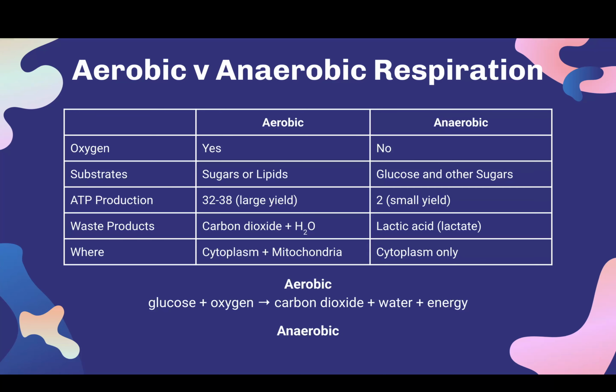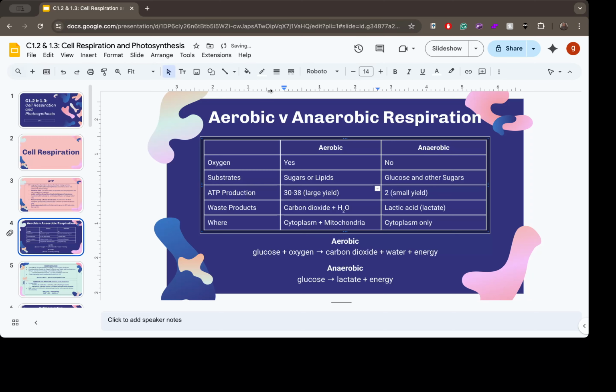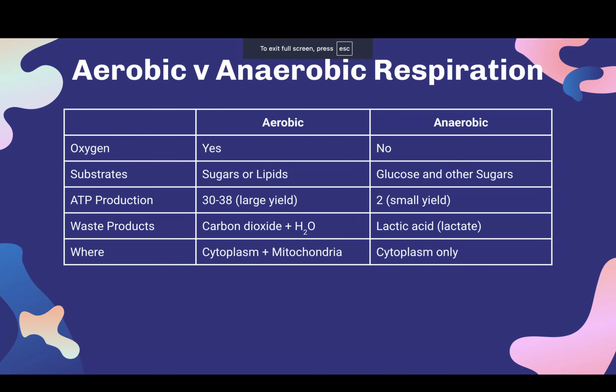No, if you learn that it's 30 to 32, that is not wrong. It's different in different textbooks, so I'm going to put 30 to 38 now. Different resources say different things, but the main point, whether you write 30 to 32 or 36 to 38, is that it's a larger yield than anaerobic. So if you write 30 to 32 in a test, you're going to get it right anyway. But if you're worried about that kind of thing, then you can always just say